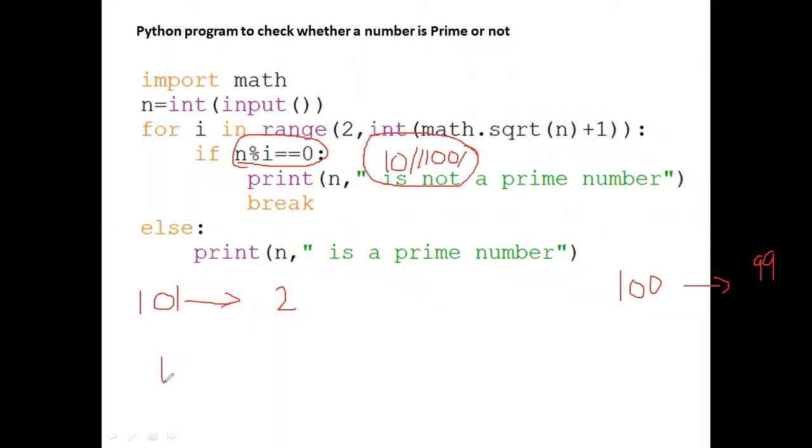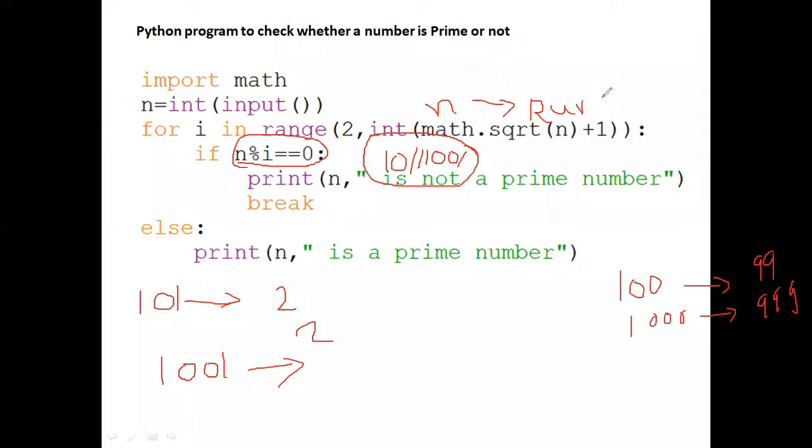Okay. So for example, if I find whether 1001 is a prime number or not, for that we are going to check from 2 to 1000. Okay, 999 times you are going to check this condition. If I am specifying a larger n, now the runtime will be increased. So how can we overcome that? By using a mathematical formula.